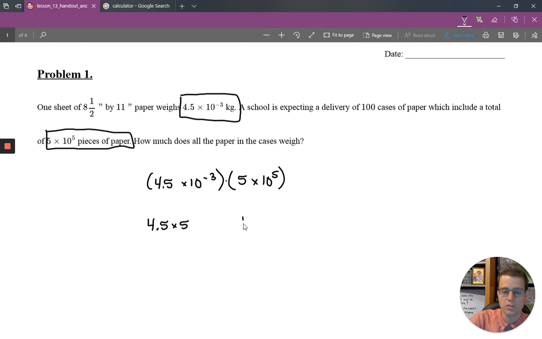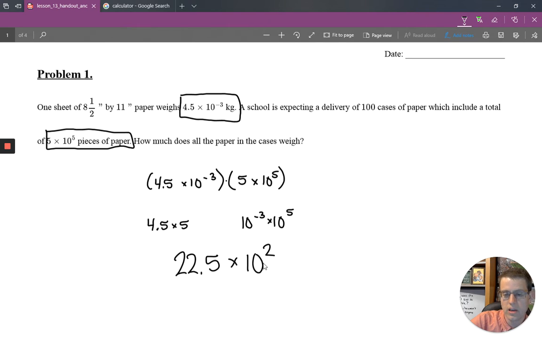We're also going to multiply the 10 to the negative third times 10 to the fifth. 4.5 times 5 is 22 5/10, or 22.5, and that will be times 10 to the negative 3 plus 5,